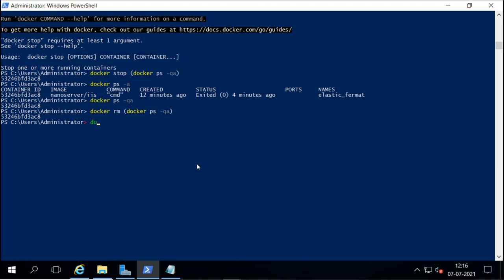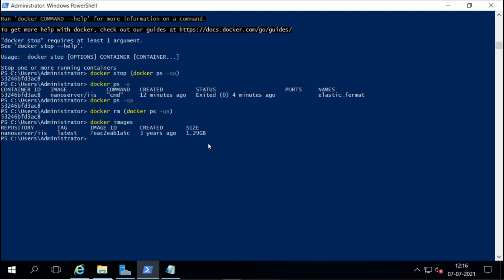Now we still have the base image. We just removed the container. The base image is already there, and the container which we started from this base image is now removed. So this is how we can manage and run a container through Docker. Containers are small operating system virtualization where we can run a specific application for testing, development, or many other things.